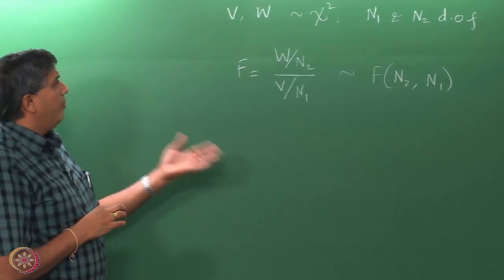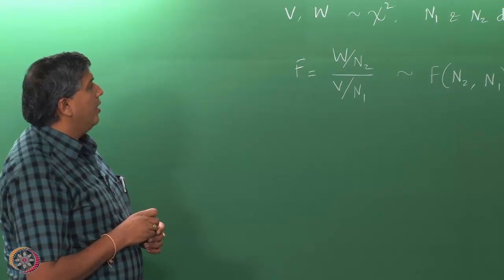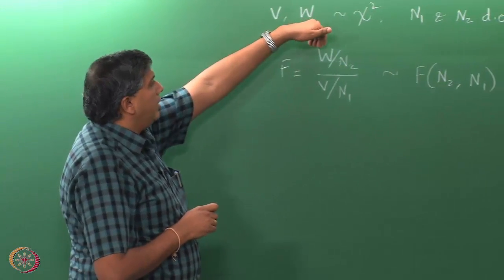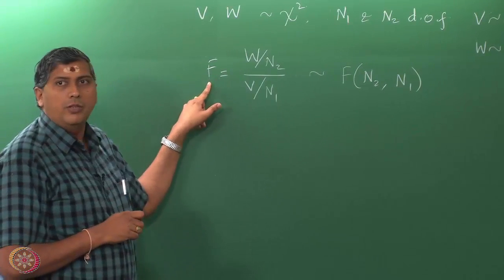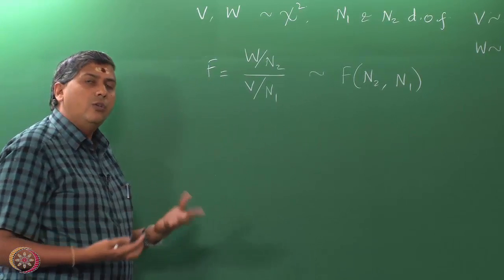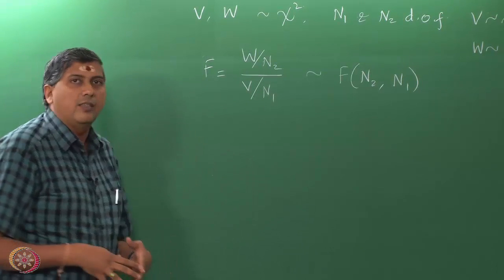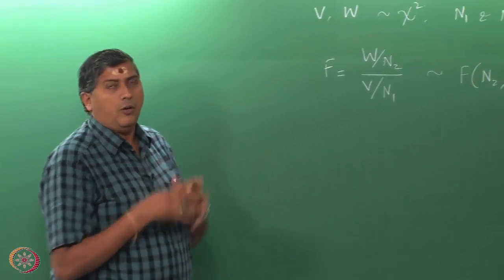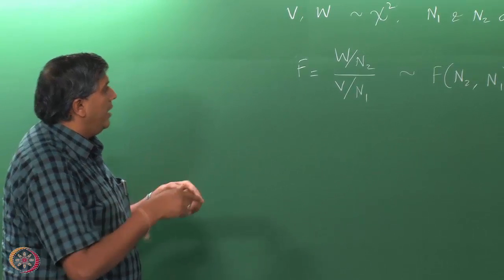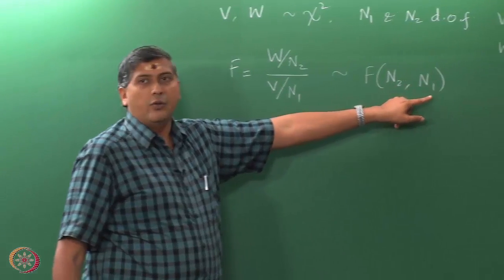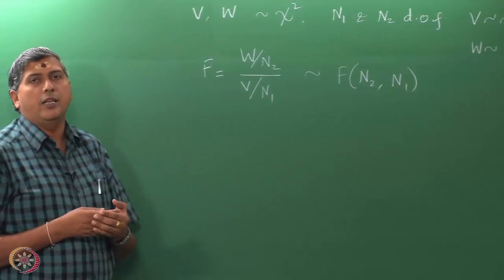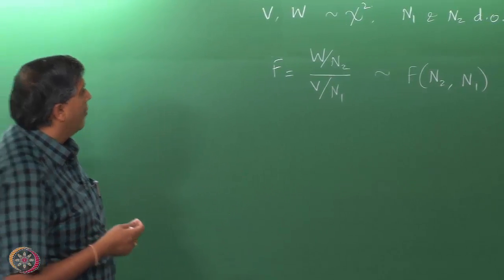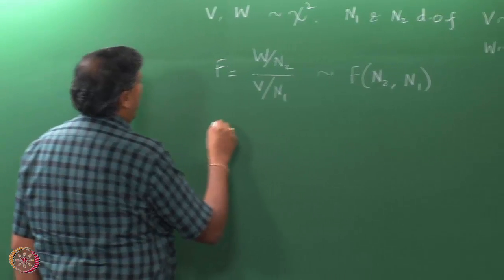Okay. What we mean by degrees of freedom here is that the numerator contributes to the randomness in F, the denominator also contributes to the randomness in F. So, you have two different dimensions from where the variability of F can be affected, and in each dimension you have this many degrees of freedom N2 and N1. Now, how is this related to what we use in the ratio of variances? Well, we know that when